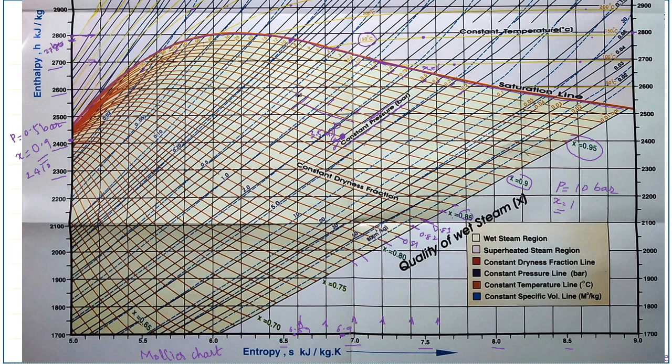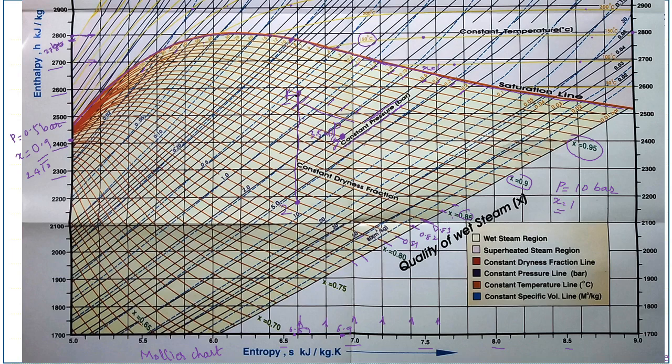Steam at 3 bar is taken. Say this is point 1. So we can find out enthalpy and entropy at point 1. Again, if this steam is expanded from point 1 to 2, so this is point 2, and its expansion is stopped here. So steam is expanded isentropically from point 1 to 2.